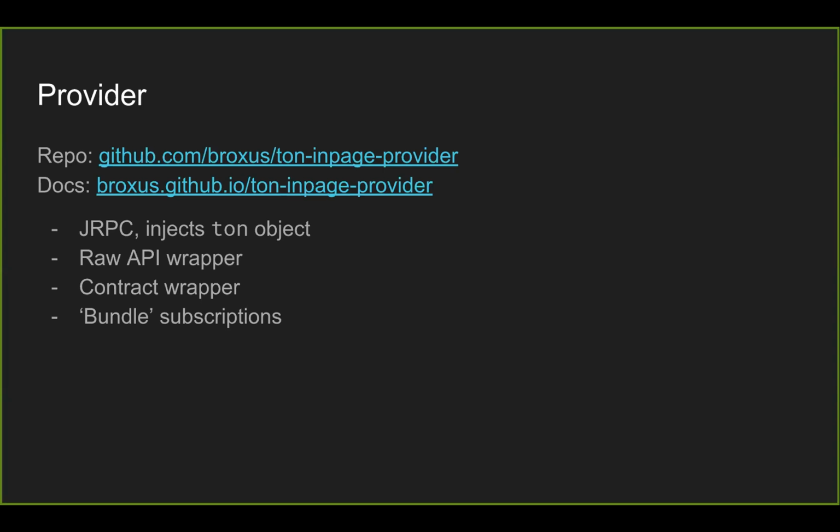It has a raw API wrapper, which allows interacting with this gRPC in a more comfortable way. It has a contract wrapper, which allows interacting with the contract in different ways, and has some subscription stuff. So the core notifies the wallet or the app with some transactions or